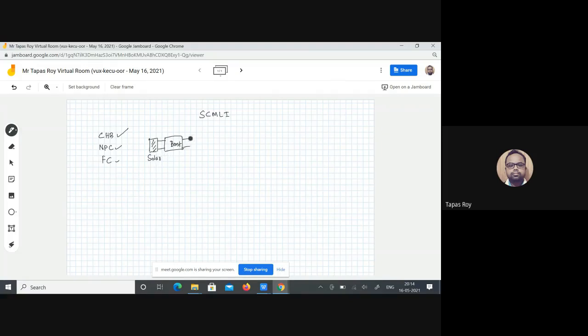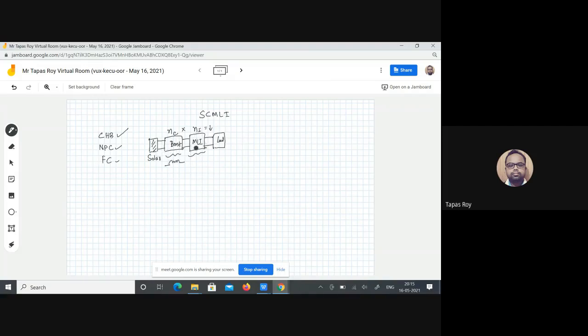So there is a boost converter, and this is the solar panel. After that we need to connect the inverter, let's say a conventional multi-level inverter, and after that it is connected to the load. So the converter efficiency and inverter efficiency get multiplied here, and the overall efficiency will go down. Also the size is more, because the boost converter has an inductor, which is a magnetic component, so it has considerable size. So overall size is more.